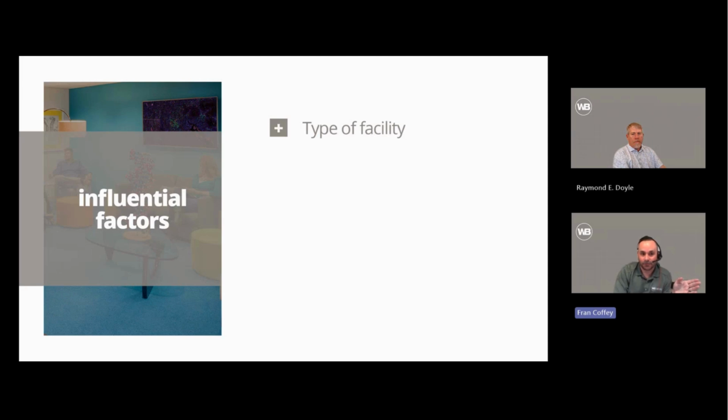the type of facility, right? So it can vary. Every one should be customized and reviewed and figured out based on the type of business and the type of facility. You're not going to plan, say, a data center the same as an office space, right? So as you're going through, one of the first factors we think about is the type of facility.